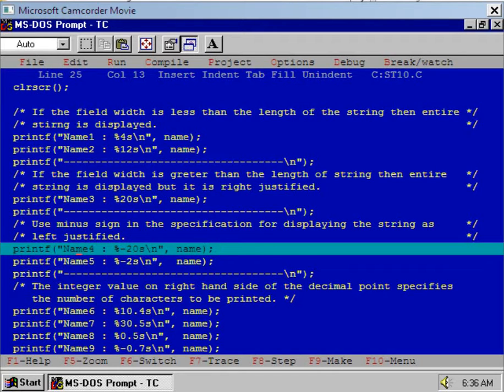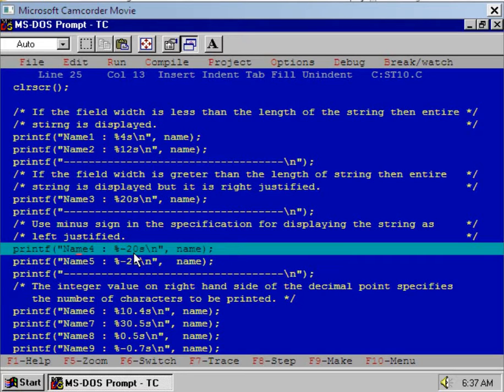Here I'll use the hyphen sign, the minus sign. Use the minus sign in the specification for displaying the string as left justified. Now again I have selected the width equal to 20, the length of the string is 15, and now execute it with the minus sign.